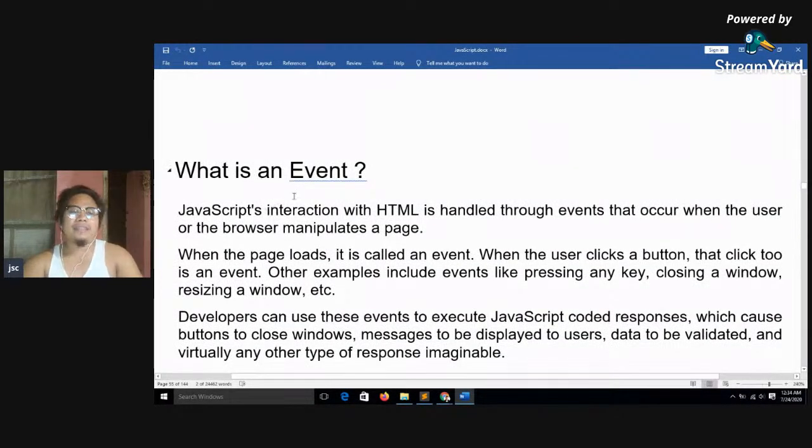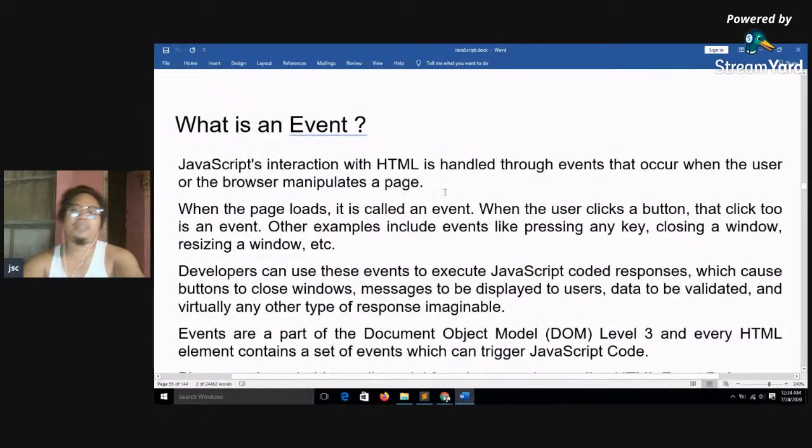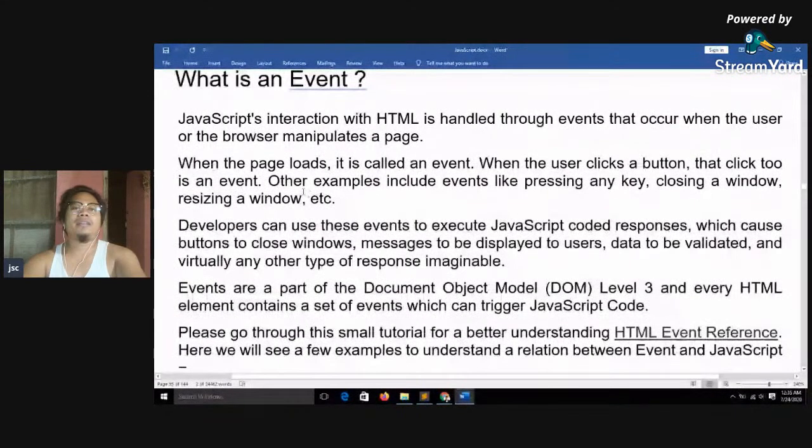Okay. So, dito na tayo sa event. What is an event? JavaScript interaction with HTML is handled through events that occur when the user or the browser manipulates a page. When the page loads, it is called an event. When the user clicks a button, that click too is an event. Other examples include events like